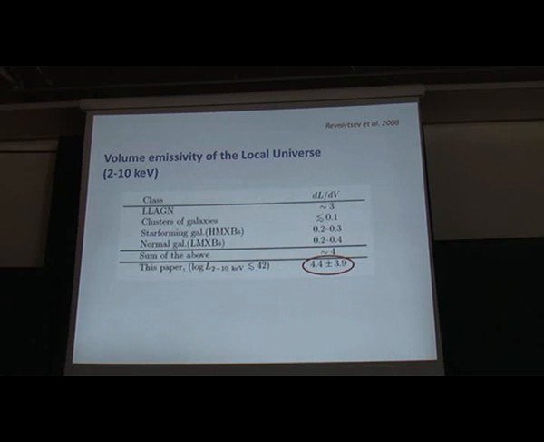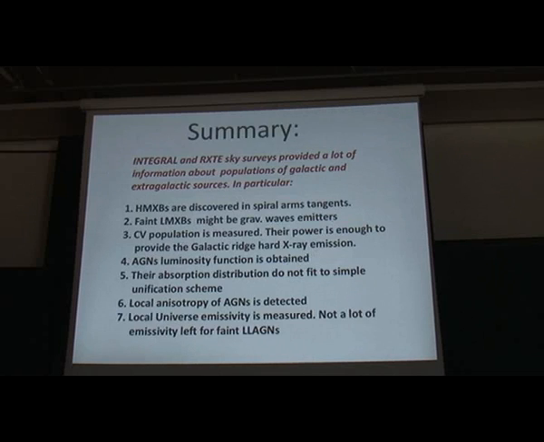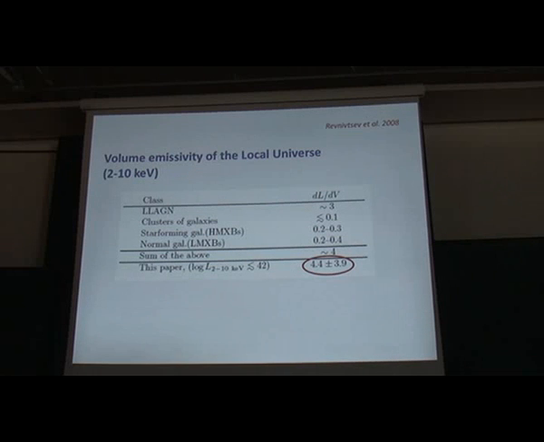And this value is compatible with what we already know for normal AGNs. And we see that there is nothing much left for something unknown. For example, somebody can say that if you have very faint sources, you can dump millions of them in the local universe, and you will not see them because they are too faint. But it's not possible, because in this case you would record these sources in the pattern on the sky, which we would see in this analysis.